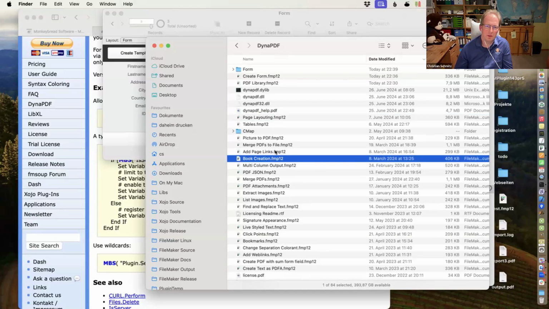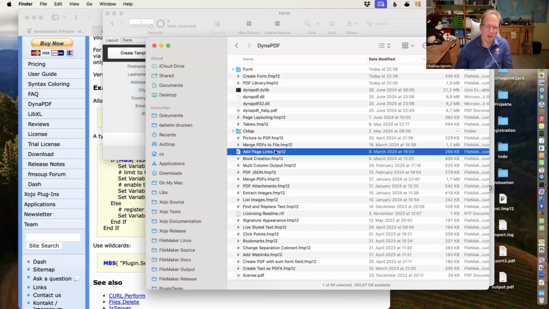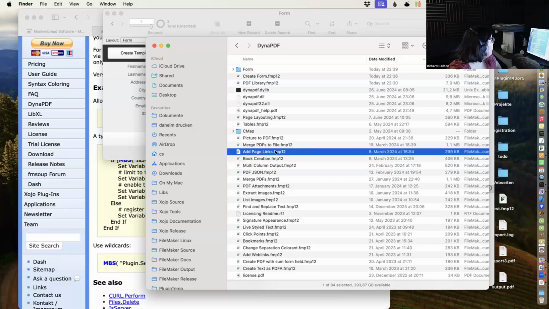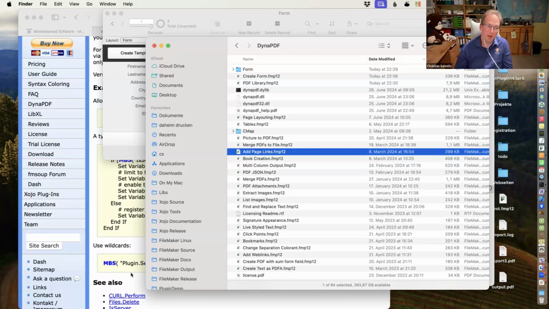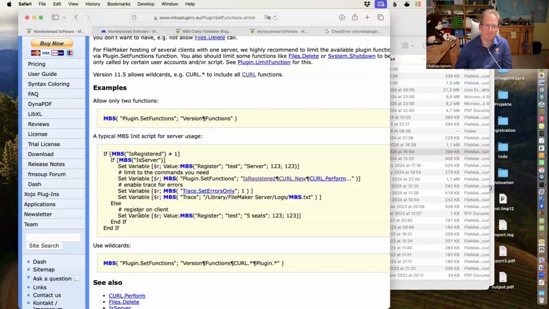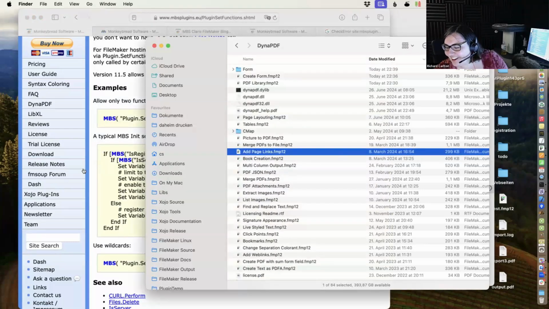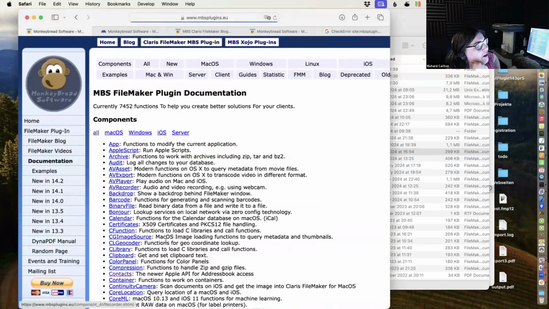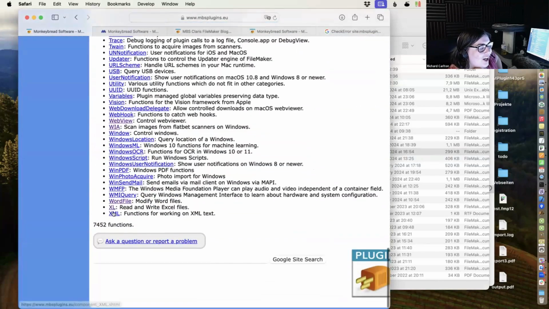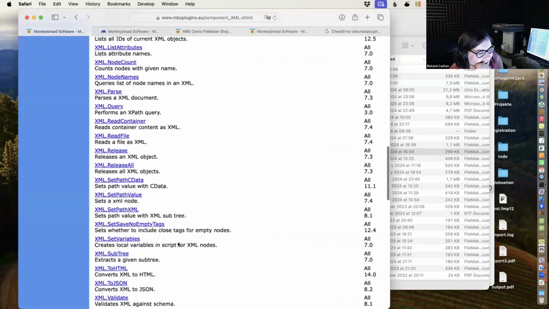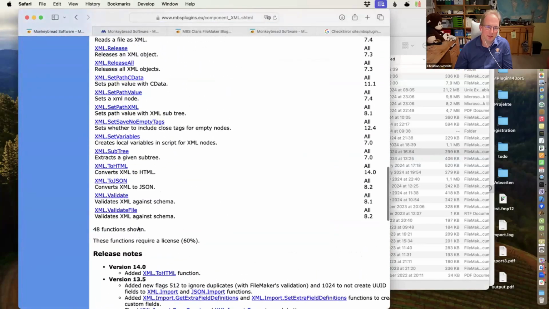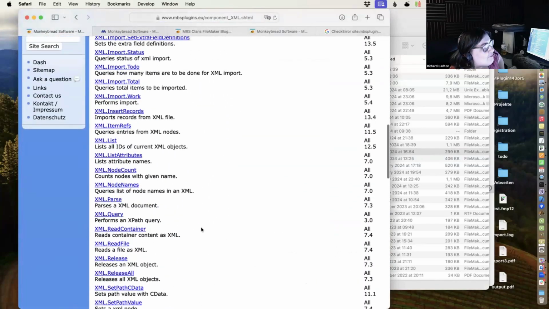Maybe you have to compress your XML file at the end, but otherwise it should just be XML. Okay, that's good to know. We have plenty of XML functions. Yes, there's a whole slew. Somewhere in the 7,500 functions, there's an absolute giant list. Just 48.